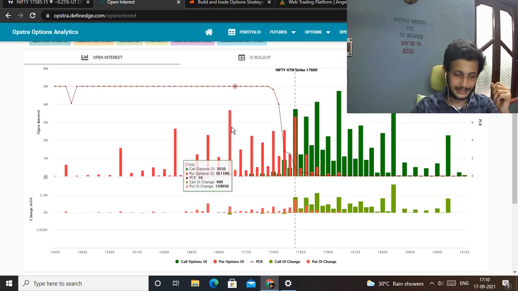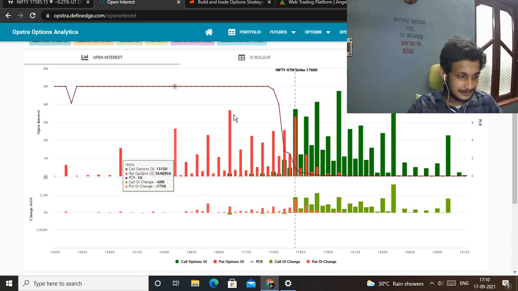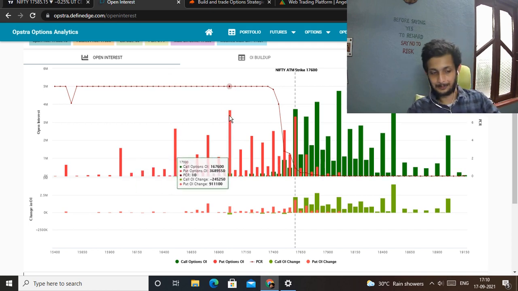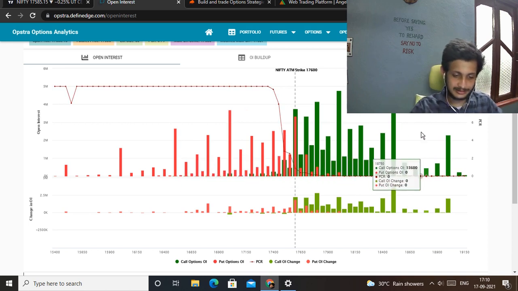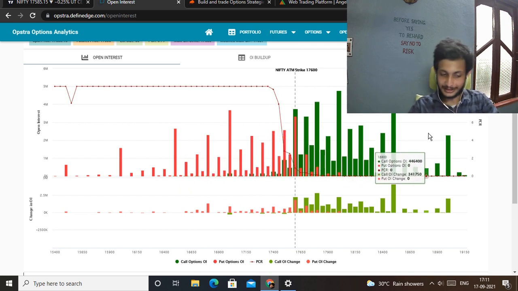Also we can see the highest number of puts are sold over here. So this is a logical approach to predict a nearby major support for the market. Okay, so this is how you need to have the view. You should not just predict the range by saying that this one is the strike with the highest put writing. You should not do it like that.